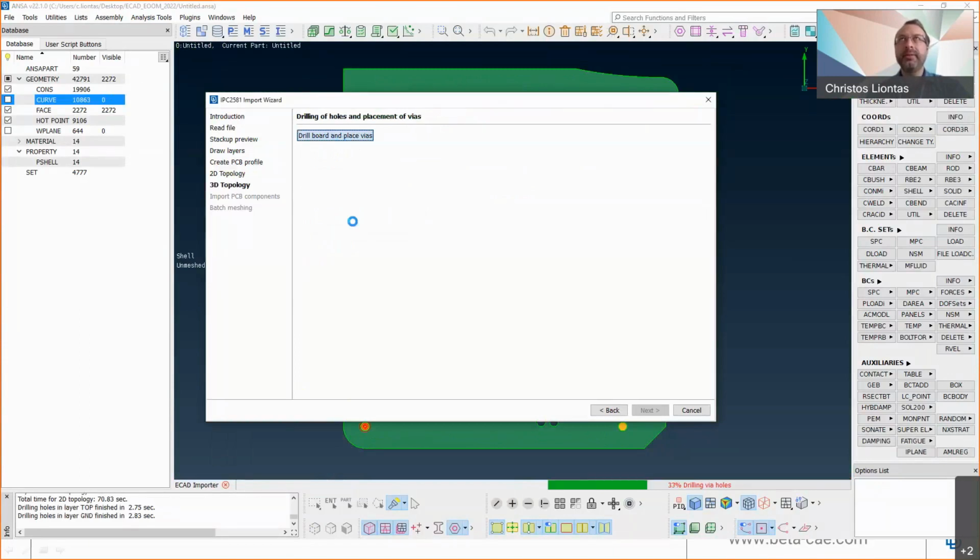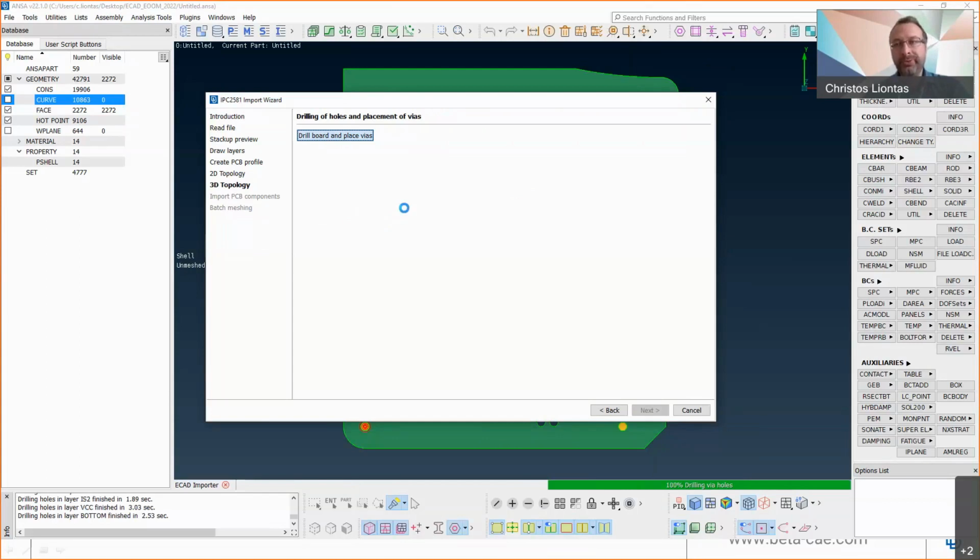So in this step, we drill all the layers of the board, and in the drilled holes, we place cylinders, which are connecting all the layers mechanically and electrically to each other. And these cylinders are called in the technical jargon vias. So this step is usually faster than the 2D topology.